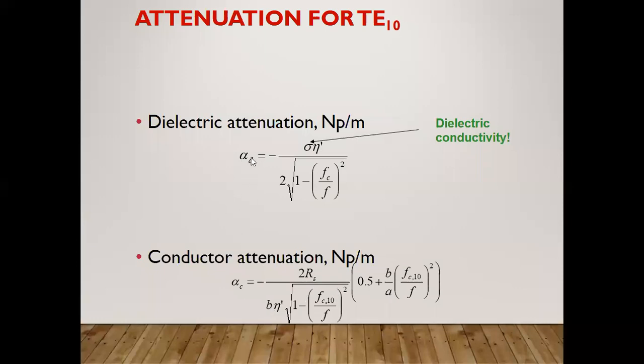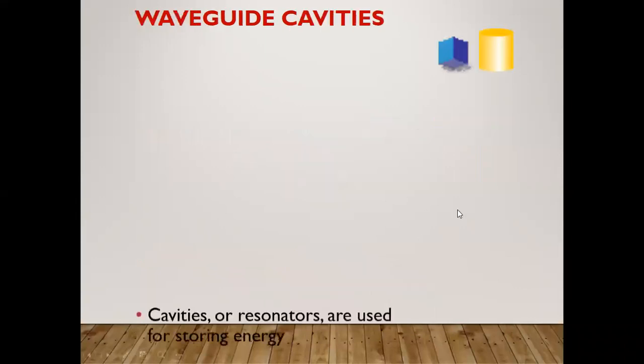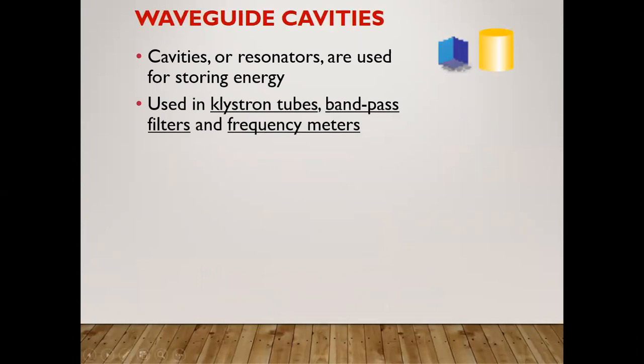If the medium is a dielectric, what will be the attenuation? If the medium is a conductor, what will be my attenuation? That is possible. See here the difference. You can calculate it easily from the few values given either in the figure or in the numerical. In this way, you can calculate the attenuation easily for a dielectric as well as for a conductor.